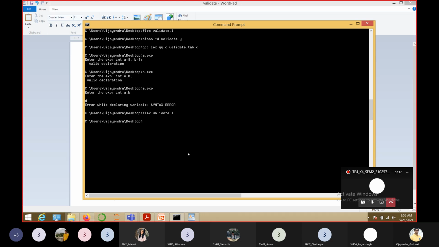Those who are using Ubuntu know they have to use the lex command and yak command to compile the .y file. But we are using Bison in Windows, so we use bison -d validate.y. The .l file and .y file have the same names, but it is not necessary. You can use any other name. The syntax still remains the same on Ubuntu as well, just instead of Bison, you will use yak.